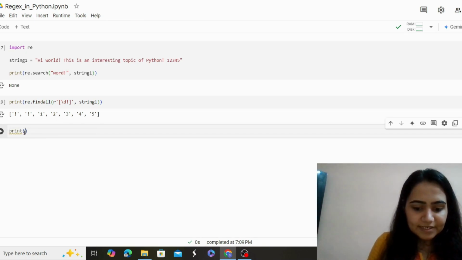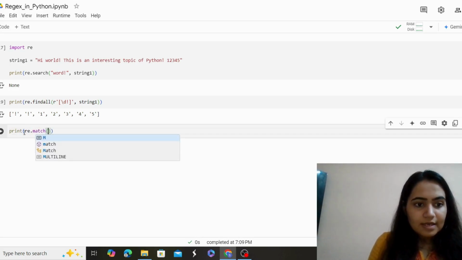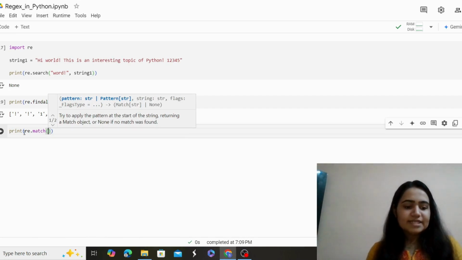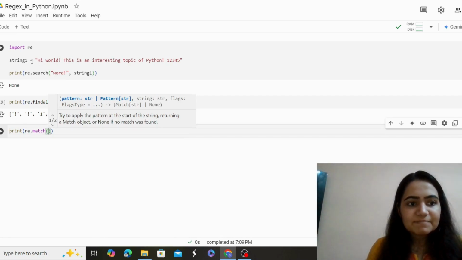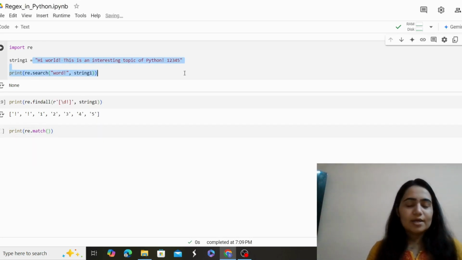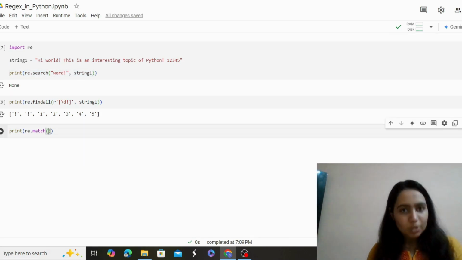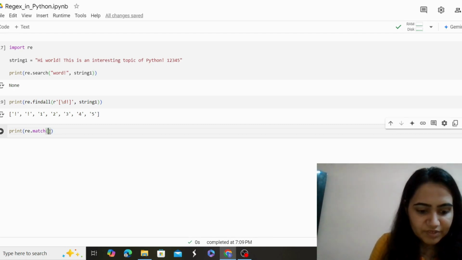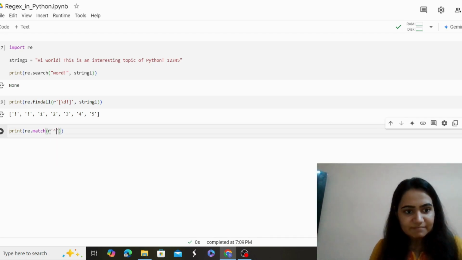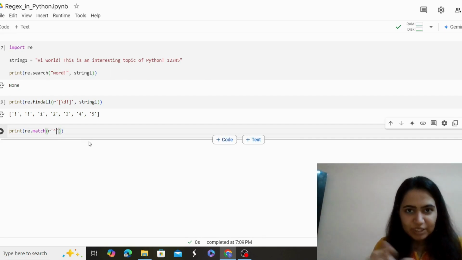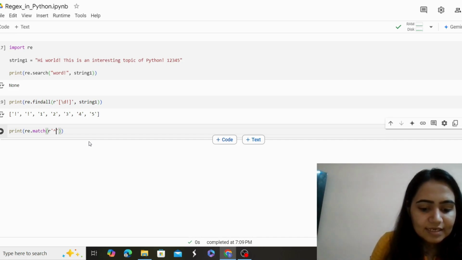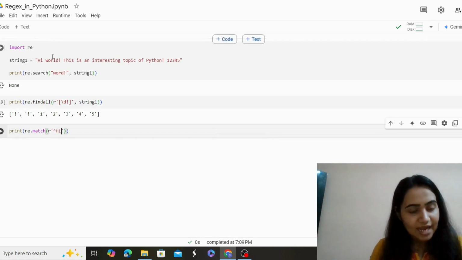Now let's say print re.match. I want to actually check for a pattern, right? So I want to just check whether this particular string 1 is starting with high or not. Now, if you want to check if a particular string is starting with a word or not, how do you do that? You actually give over here R, and then you have to provide a caret symbol. So caret is this particular symbol, what you see here. This is the caret symbol. So it's an exponentiation symbol. So caret, and then if it's starting with high or not. Yes, it is high, starting with high.